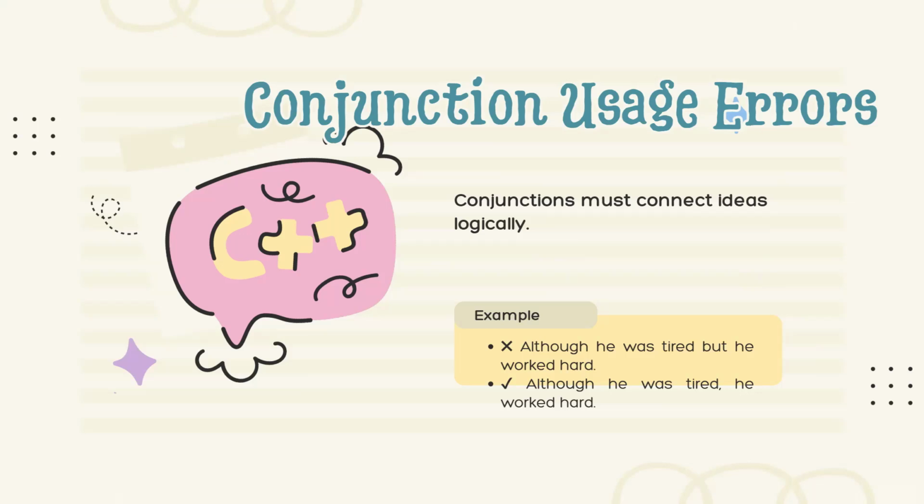Learn which conjunctions pair well together and don't use many conjunctions in one single statement, because in this statement, the word "although" itself is giving the correct information required, and it is connecting both the clauses. You don't have to add one more conjunction and make the sentence sound more complicated.